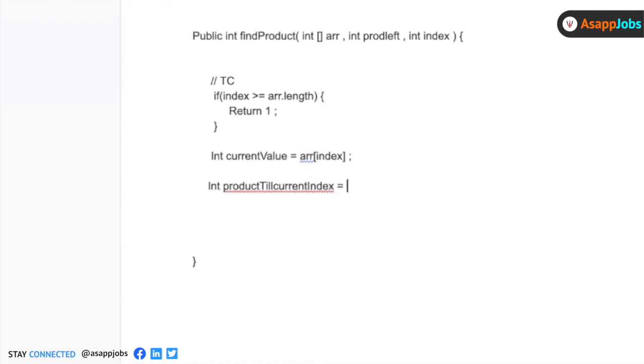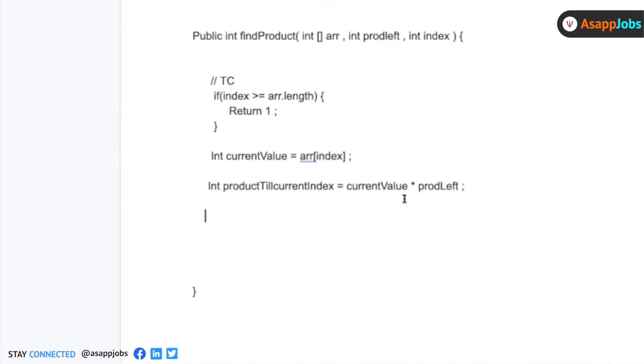The product till the current index means the product till the left, and if I multiply with the current value, I'll get the product till the current index, right? Because this value is the product of all the elements to the left of the current index, and if I multiply that product left with the value in the current index, I'll get the product till the current index. So this value will be equal to current value into prod left, right?